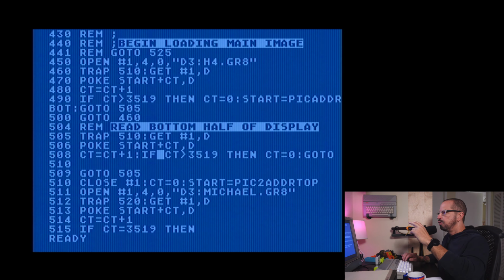So we're doing 2 loops here, reading the top part of the screen, reading the bottom part of the screen for the first graphic, and then poking it to the screen. And you can see it's just a very slow process. Now, once we get done with the first image, which is the spooky night, we close that file here at